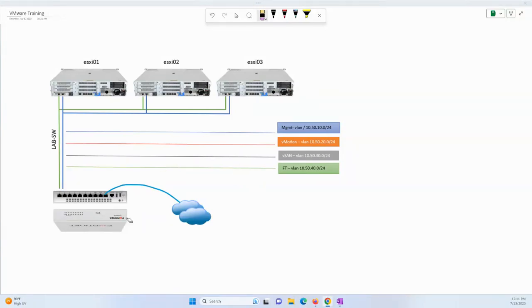Last time we set up the lab environment. We brought a physical server, and on the physical server we created two virtual switches: the default VM network that will simulate the physical network, and another one. It is the lab switch,